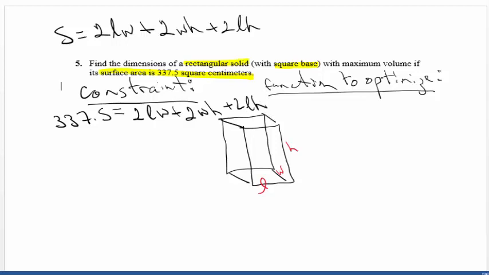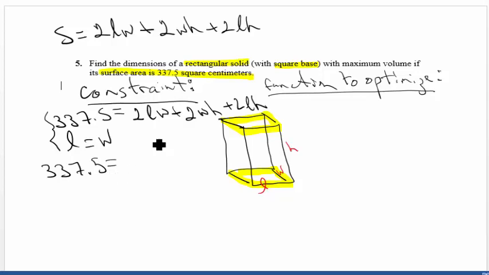But now luckily in this case, because see the problem here is you have 1, 2, 3 variables, L, W, and H. But the saving grace here is that they tell us that this thing has a square base, meaning this down here and this up here are squares, which means that L equals W. So if we put these two constraints together, now we can replace W with L or L with W. I'll replace W with L, and we can combine these two constraints into one constraint that just looks like